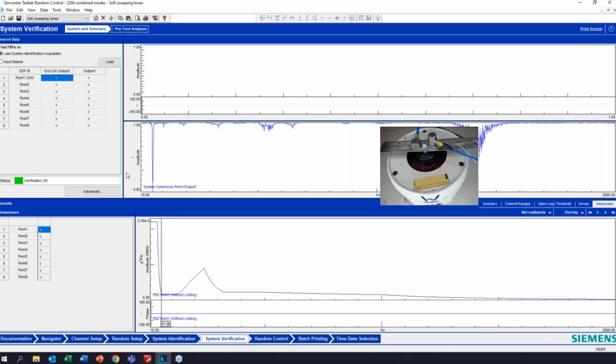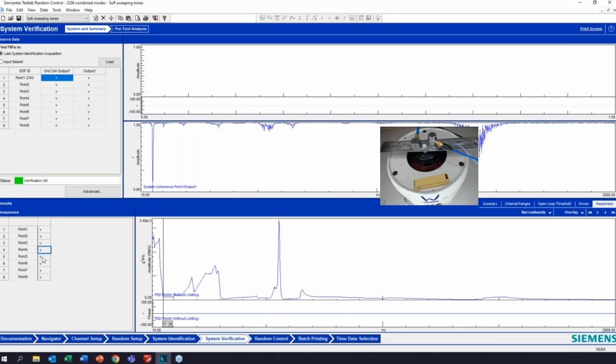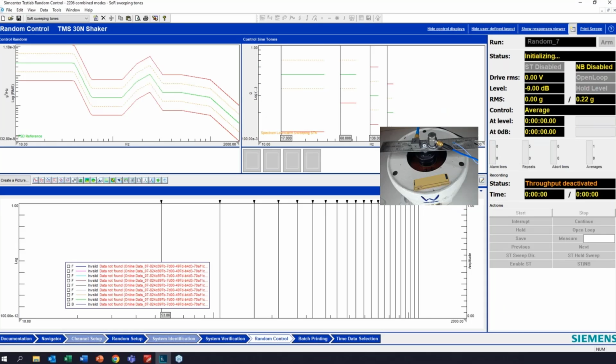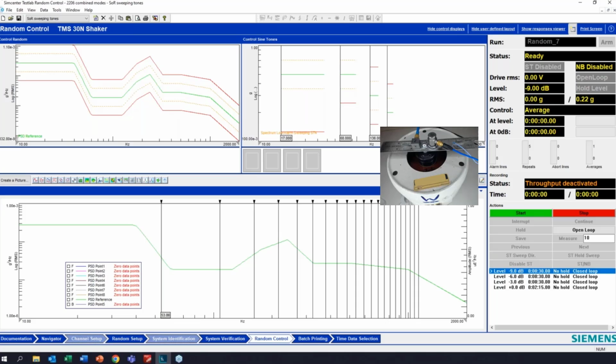I'm going to go to system verification and just double check that these predicted responses make sense. Still, they look very similar to the first self-check we ran, the first system identification. So I'm going to go right into random control. You can see I can arm this, and we'll be able to start.